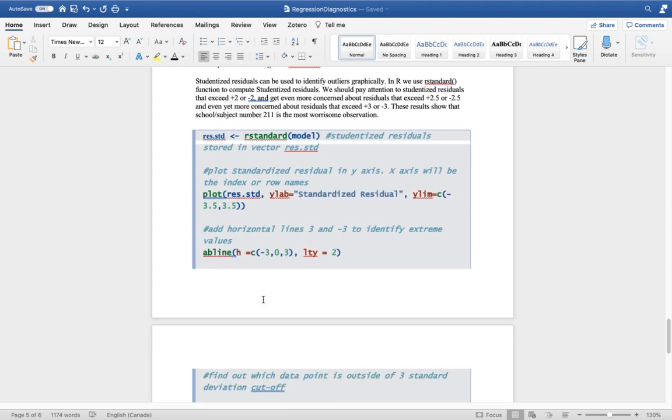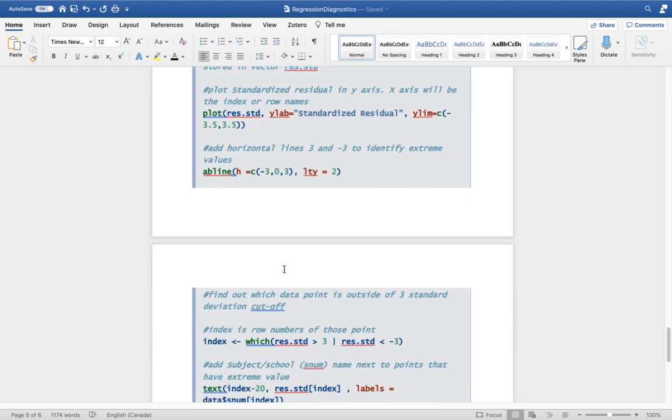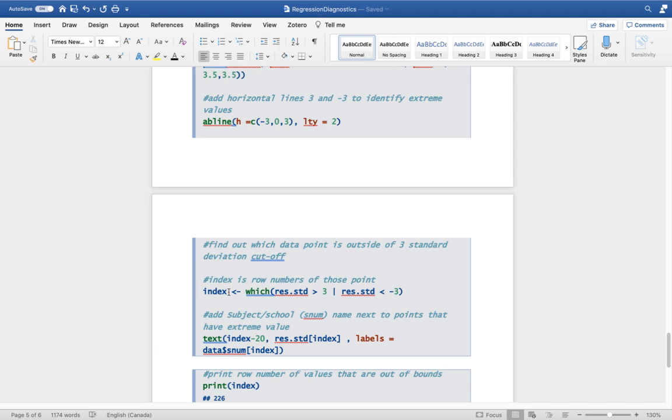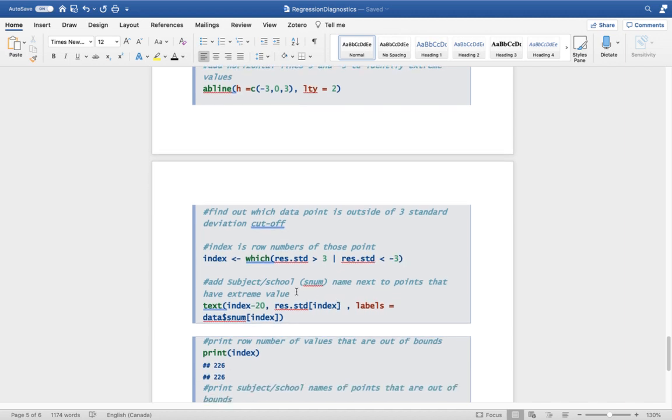And this is the little code. First you find the studentized residuals. You store them in a vector called res.student. Then you plot that vector. And then you add horizontal lines at -3 and +3 to identify any extreme value that is beyond those lines. And then you find out which data point is outside that 3 standard deviation cutoff. Then you use index, the row numbers of those points. You find out which is greater than 3 or -3, and then you add the subject or school or whatever identifier you're using. In our case it is school, for example, or subject number, so we're denoting it by snum, to